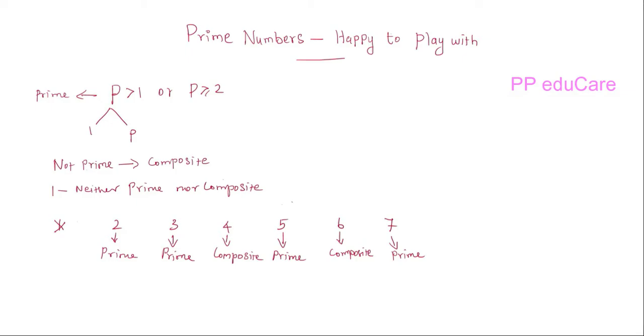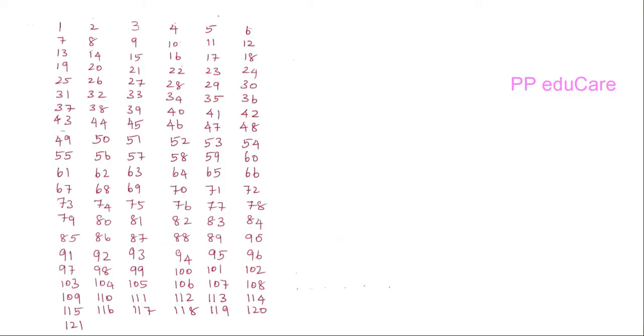Before getting to the process, arrange the natural numbers, say from 1 to 121, into 6 columns. Now we have arranged all the natural numbers from 1 to 121 into 6 columns. First of all, look at the first row at the top of the number matrix. See, as we saw earlier, 1 is neither prime nor composite.